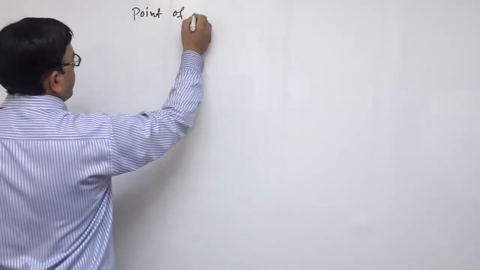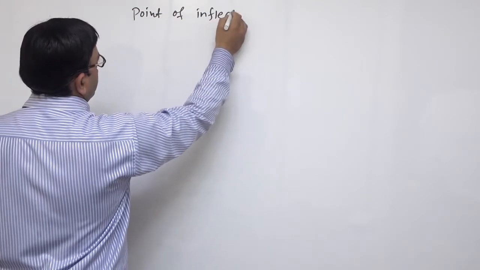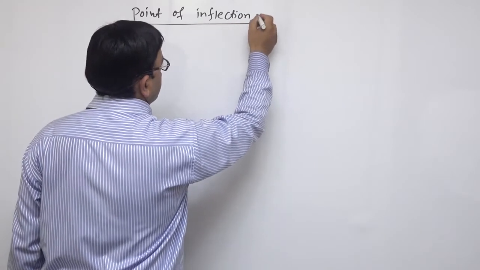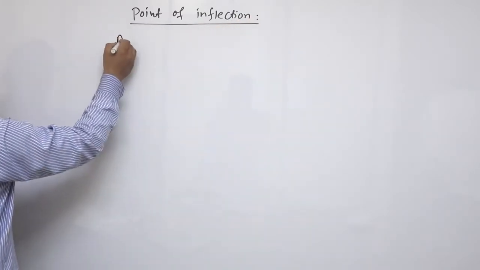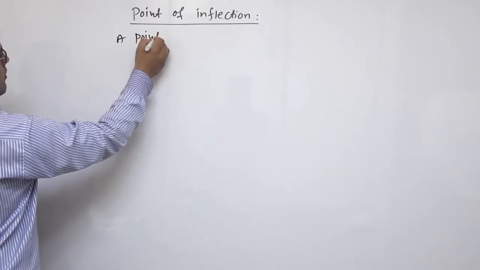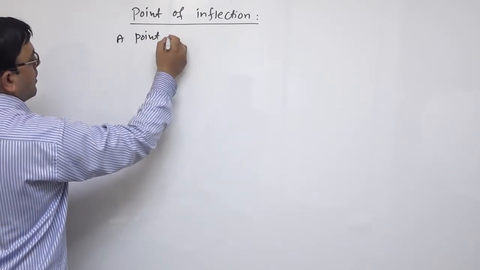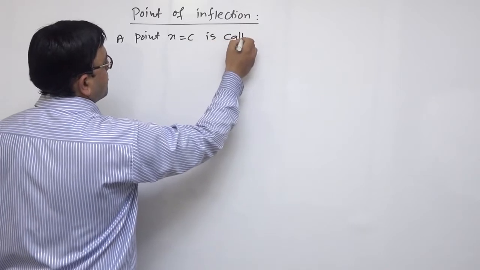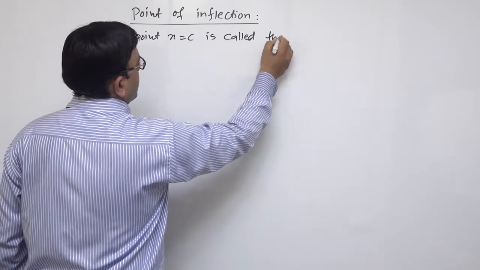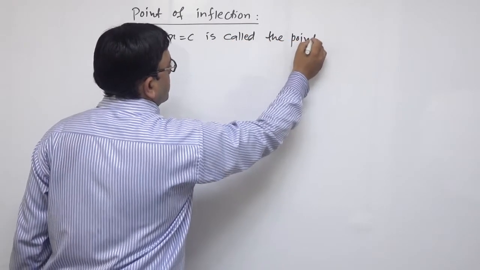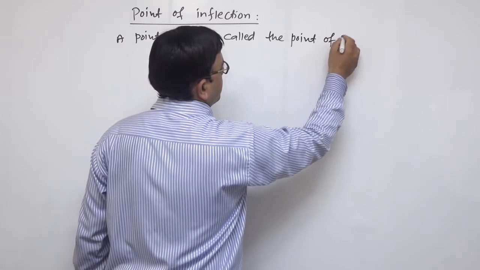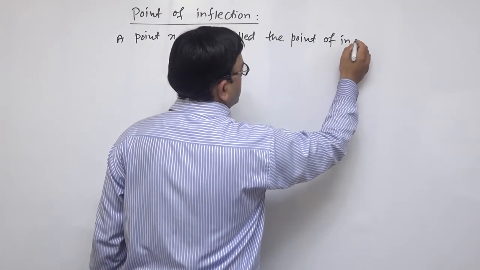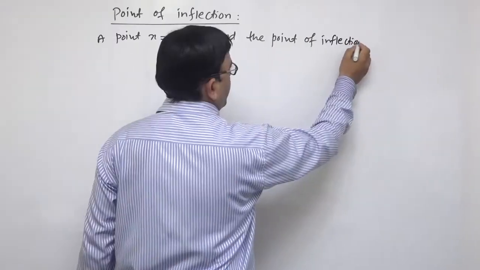Now let us discuss the point of inflection. A point x is equal to c is called the point of inflection